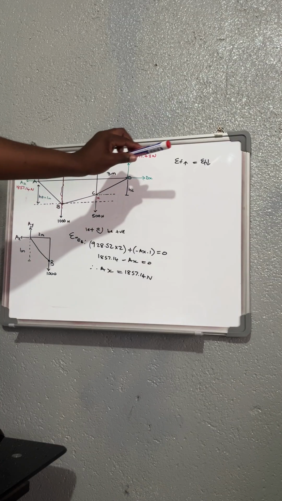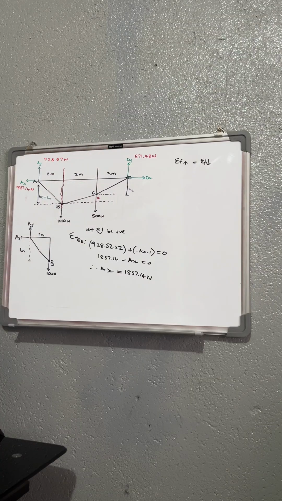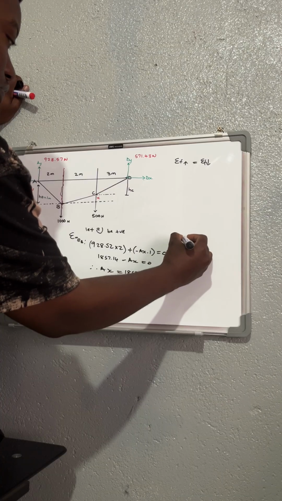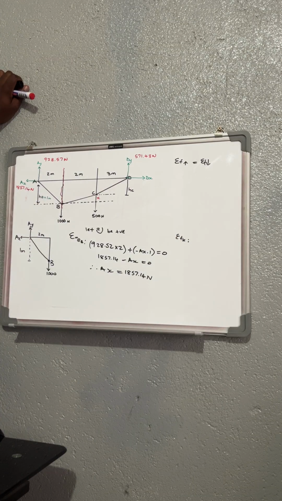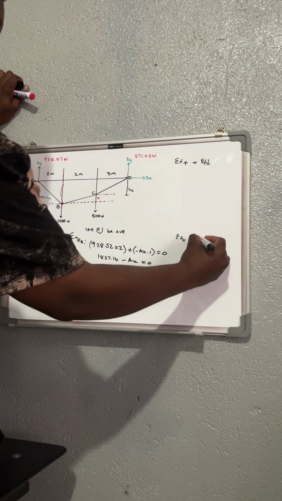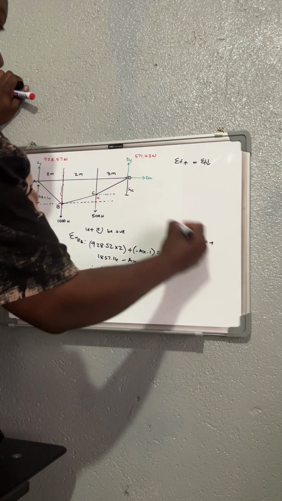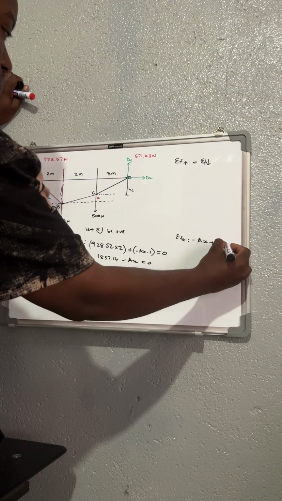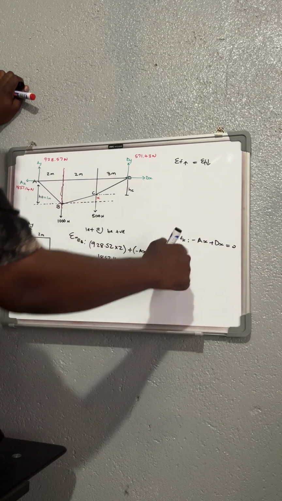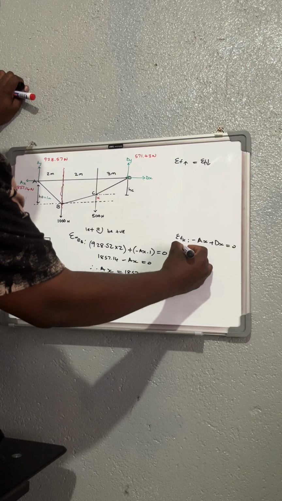are the only ones that are acting within the horizontal axis. So you can come this side and say, if you have some of your forces in your X direction, what are you going to have? You have your AX, which is going that side. You're going to have minus AX plus your DX, which is going to the right. You equate them to 0, but we know our AX because we just calculated it. We have minus